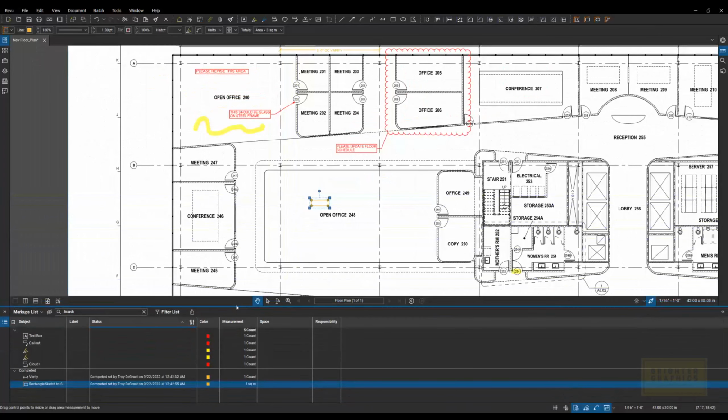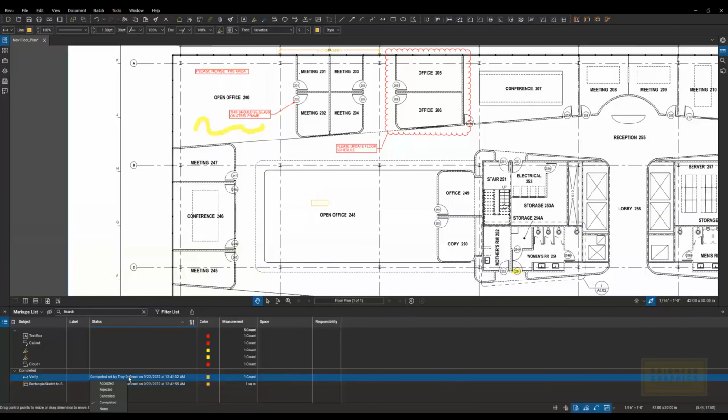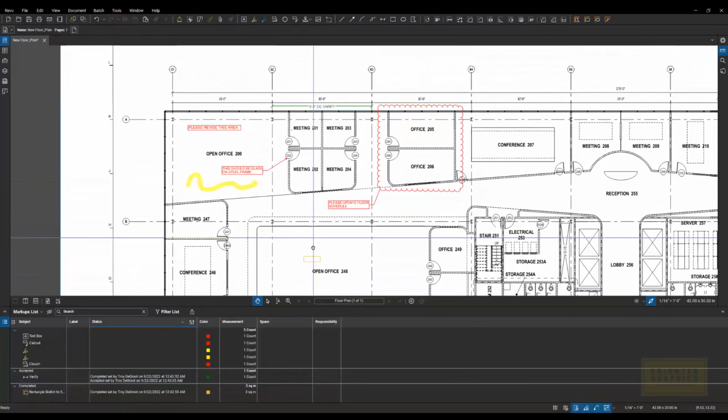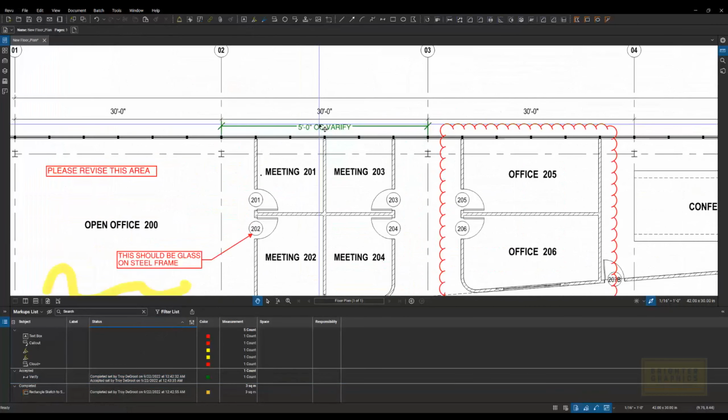Once I get that back from the designer saying they made all those changes, I can look at a clean print and I can come in here and double click myself and mark this accepted. When I do that, that means it was back checked. And for this one, I wanted it to turn green. So I'm saying it was back checked with it being green.